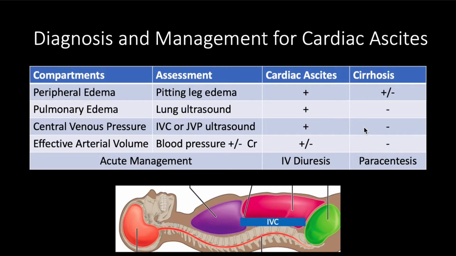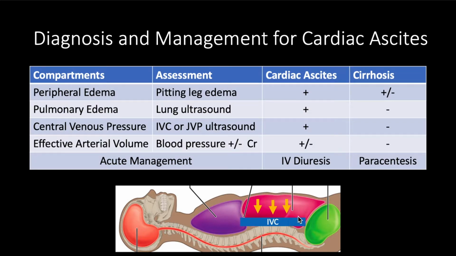If you recall, the IVC is in the abdomen, and if you have a ton of ascites in the abdomen, it's usually squishing the IVC. It's very rare to have a dilated IVC, A, because ascites is extrinsically compressing the inferior vena cava, and B, patients tend to have very low intravascular volume status, both effective arterial volume and central venous pressure, due to their low oncotic state. Patients with cirrhosis tend to have very low albumin, which means they have less fluid in their arteries and veins. So for multiple reasons, most cirrhotics have a small collapsible IVC due to low oncotic state and